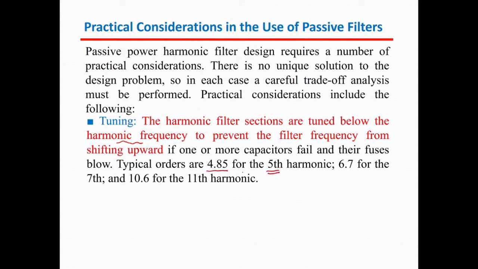So if we would like to get rid of the fifth harmonic, the filter is tuned to 4.85. If we would like to take out the seventh, we tune it to 6.7 and so on. And as we said, this is to prevent the filter frequency from shifting upward, and then